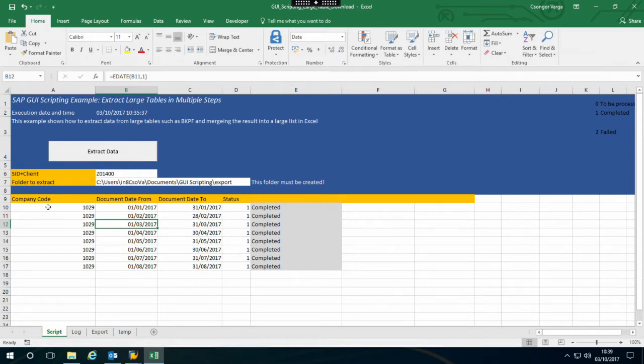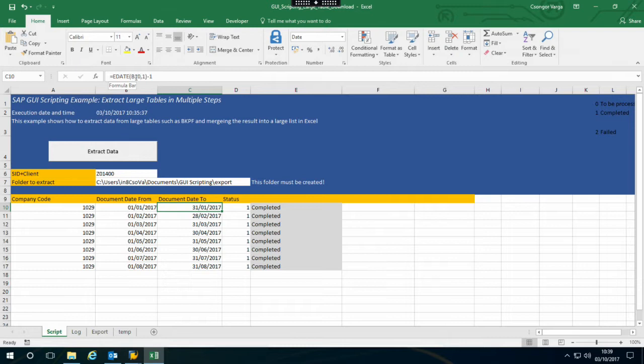For the sake of this example, I've said that I'm going to use company code as a filter, and I'm going to use the document date from and to. Based on the amount of data that I have, it is sufficient for me to run it in 1 month intervals. And actually, Excel gives us a nice formula to calculate dates. So I just specified the first date here, and then the next dates are always 1 month plus the date above, and the document date 2 is basically the from date plus 1 month,